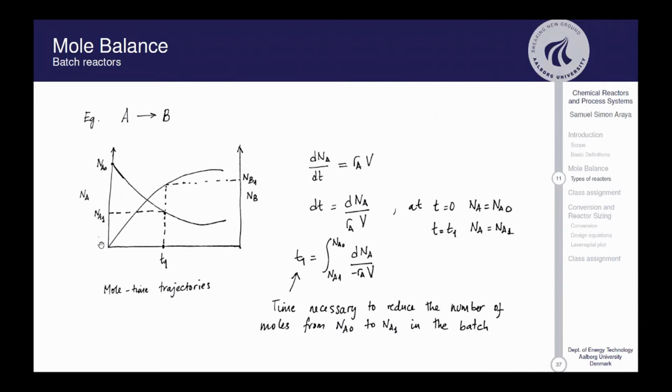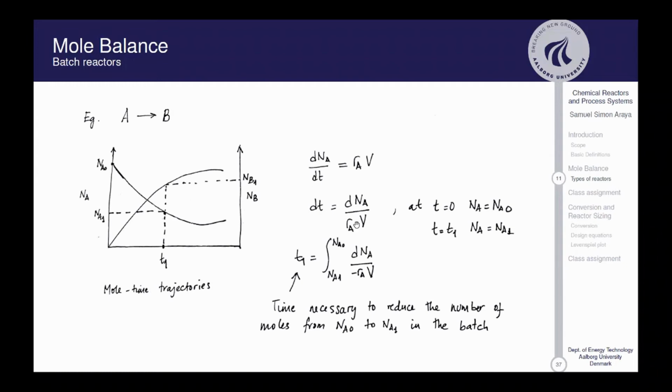And as you can see, what's happening is, as A goes to B, we have a bunch of A's and no B in the beginning. We have the A axis on the left and the B axis on the right. With time, A becomes B, and then we have a bunch of B and no A. If we wait long enough, we will have no A, and all the vessel will be filled with B. But if we, for example, pick a time one, a random point, then there we will have